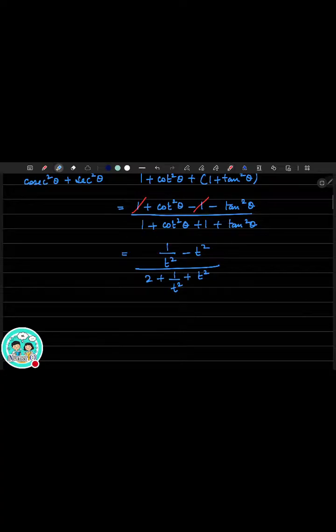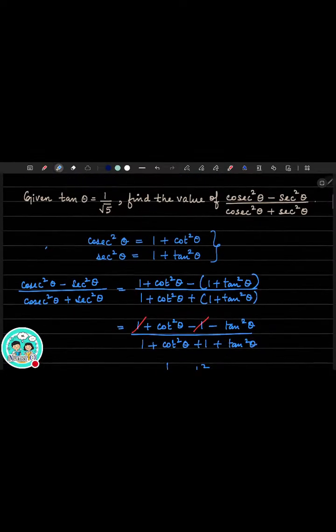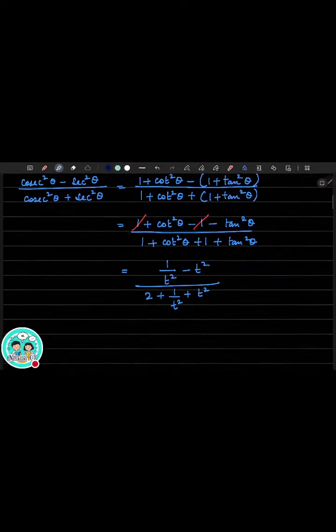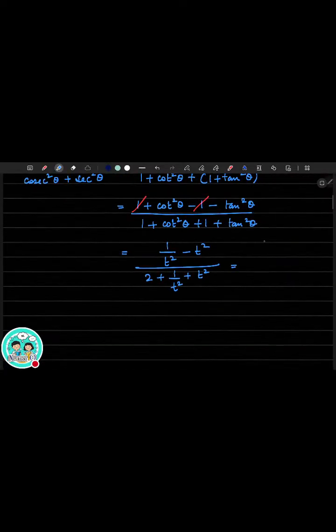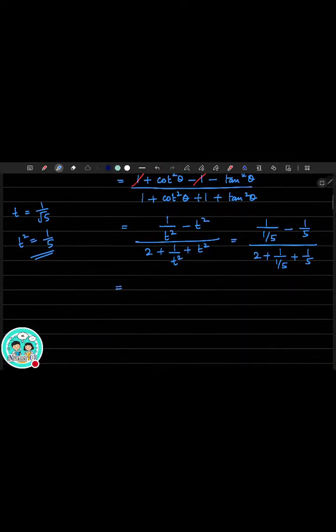Just substitute it here. If tan is 1 by root 5, what is tan square? It is 1 by 5. Okay, so here I am just going to write tan square is nothing but 1 by 5. See, tan theta is nothing but 1 by root 5, so tan square is 1 by root 5 the whole square, which is 1 by 5. Right? So minus 1 by 5, whole divided by 2 plus 1 by 5 plus 1 by 5 again. So you have to be super careful about solving this. Let's do it. So 1 by 5 is 5 minus 1 by 5, whole divided by, again this term is